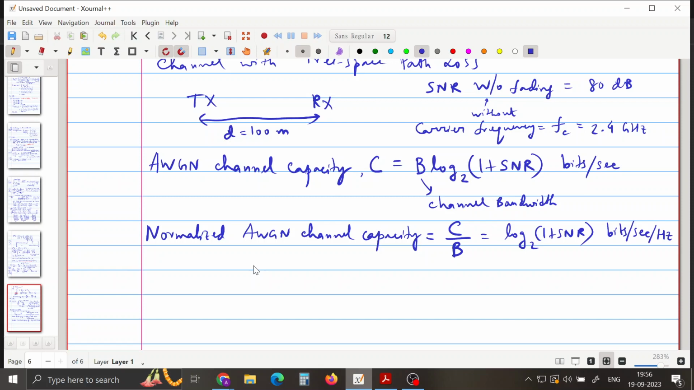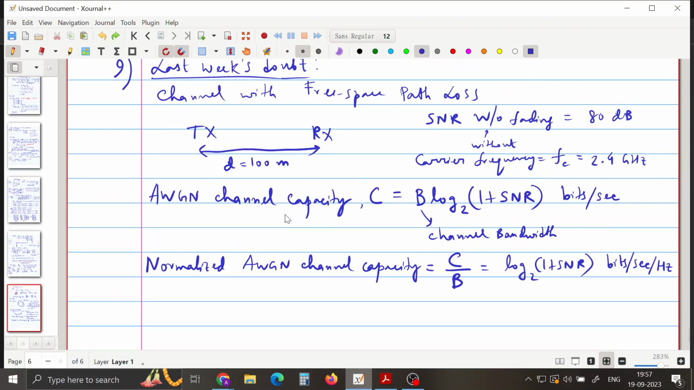Okay, now I need to calculate this. So all I need to find is the SNR, and SNR under what condition? Under the free space path loss condition, because the channel is suffering from free space path loss. So that's also a form of fading, right? And that's a large scale fading, right? So what I can do here is